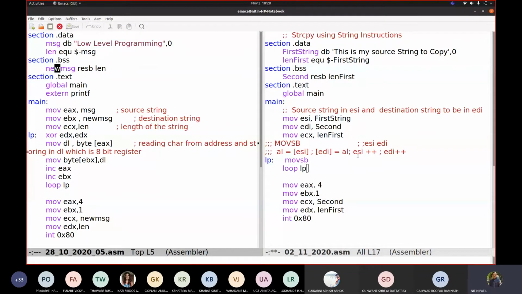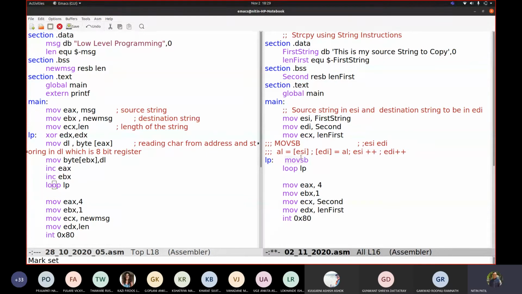We kept ECX same. Now see these instructions: XOR, then move, then increment, and then loop. From this XOR till this increment EBX, all of them are replaced by only this movsb. Fine. So this is one addition, which is a string instruction.